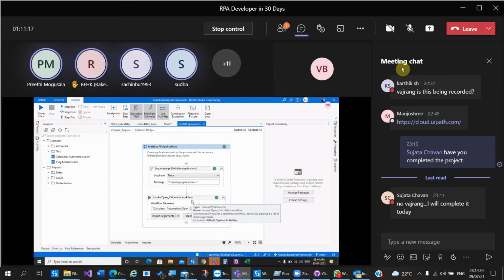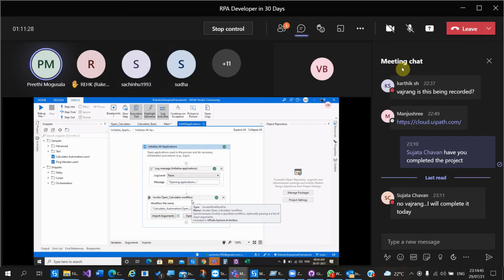We have created bulk queue items and given that name in the config file. Again, it will read from the first. Every time you run the workflow, you will add the queue items newly.